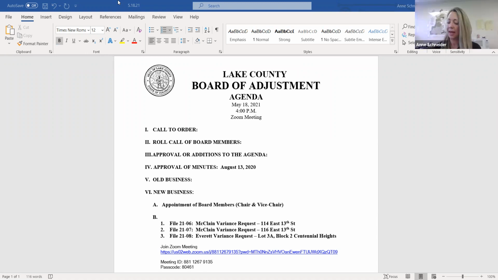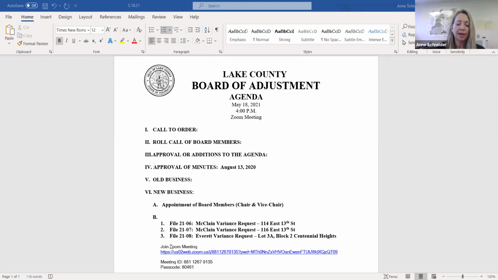And each of these lots are 2,625 square feet, which is roughly a third of what the minimum would be if you were to create new lots now within this zone district. If you're looking at proportional differences, they would be about a third of what the minimum lot size is allowed within the urban residential zone district of which these applications are for. And they're adjacent lots? Yes, they are adjacent lots.